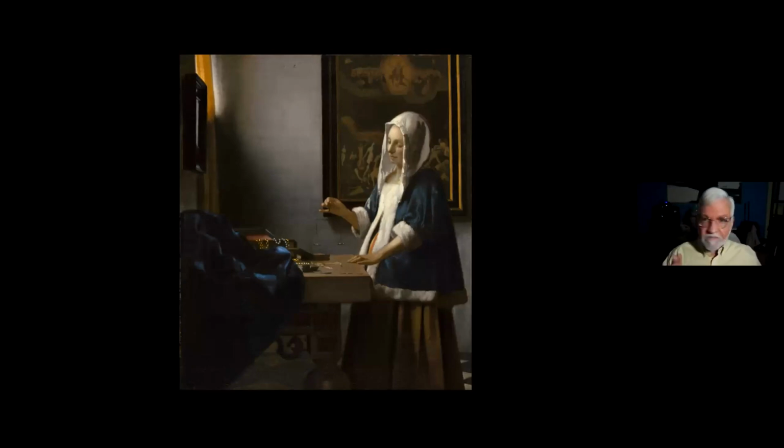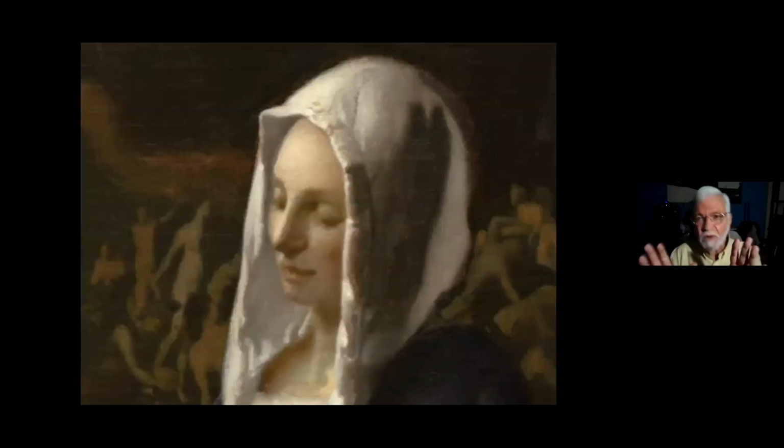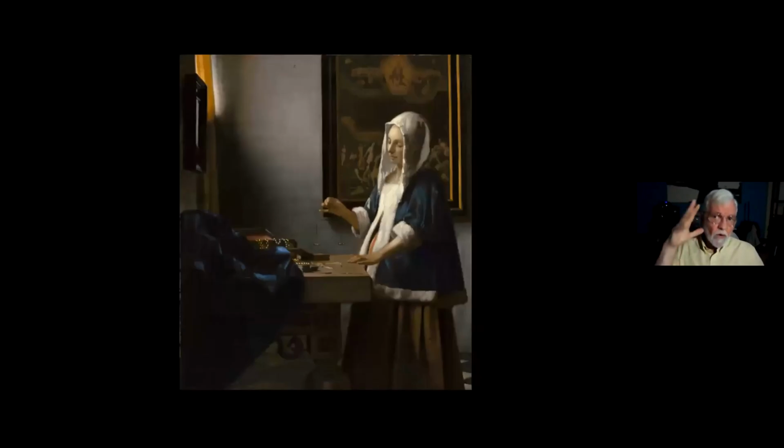And again, they're all small, very quiet genre scenes. It's a wealthy woman, I guess she's weighing out with a scale of gold, filled with symbolism, filled with mystical and Protestant kinds of allusions. In the background, we see a painting of the Last Judgment. And so this puts the woman on the level of Christ. She also is judging. And look at how beautifully he does it. It's as if he's just breathed the color onto the canvas. It's just absolutely immaculate. And it calls to mind, of course, the Virgin Mary and her pregnancy with Christ and all that sort of stuff, although it's not